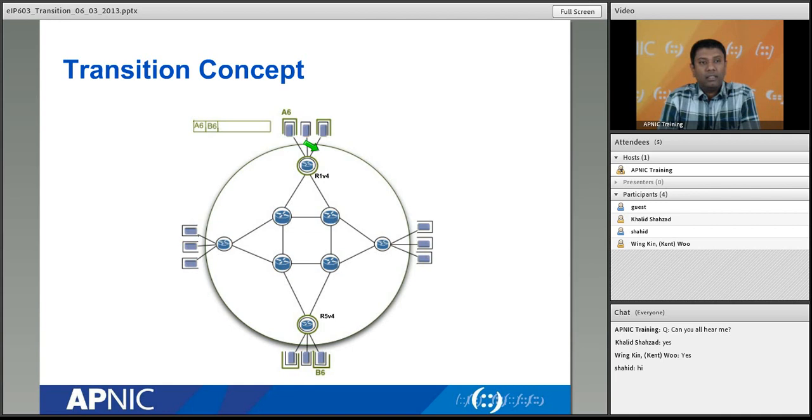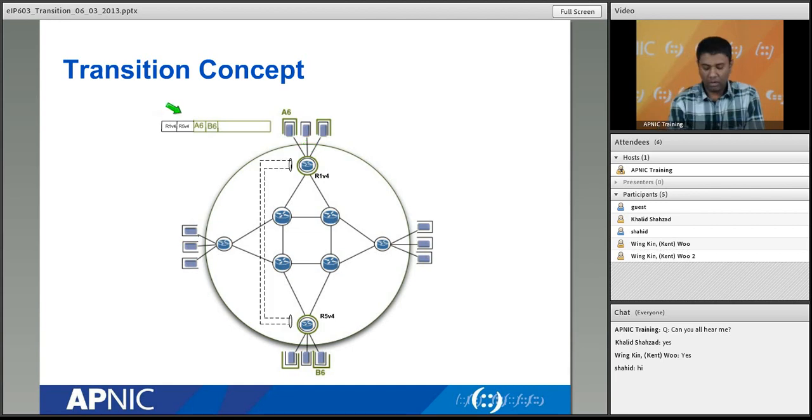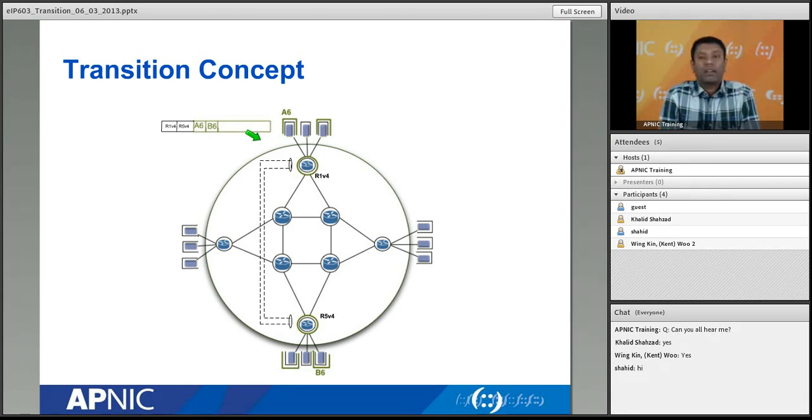When router 1 adds the V4 header, from the tunnel source up to the tunnel destination, the routing will be done on the V4 header. When it reaches the other side of the network using the V4 header, this router will strip off that V4 header and then forward the packet natively to the host using IPv6. So this is pretty much the basic concept of tunneling. Make sense? Okay. So this tunneling concept that we discussed so far also has some scalability issues.